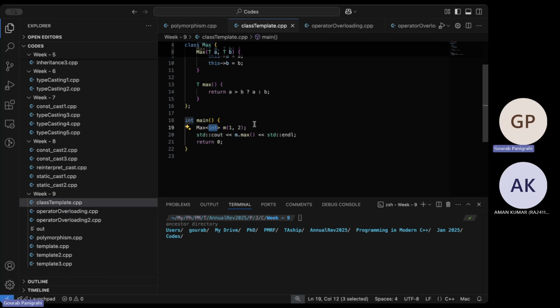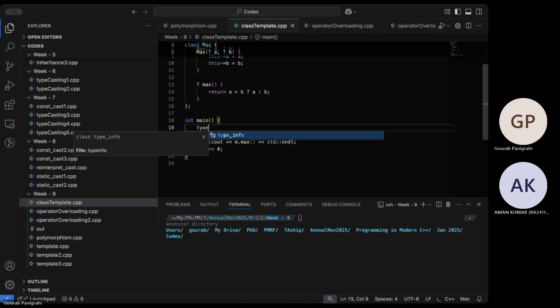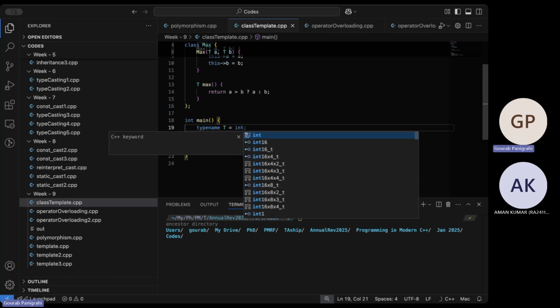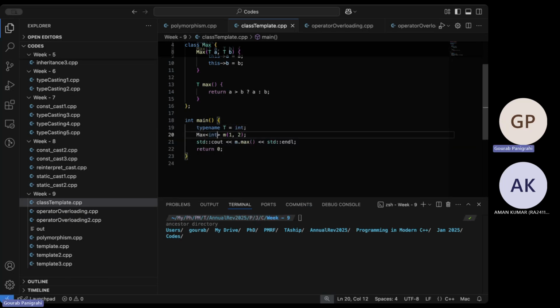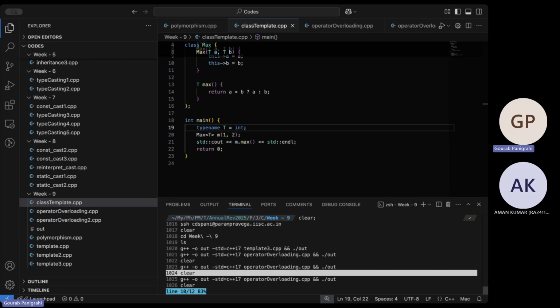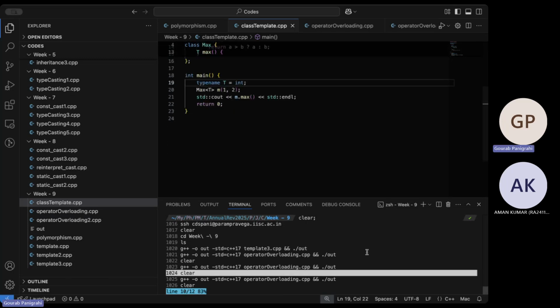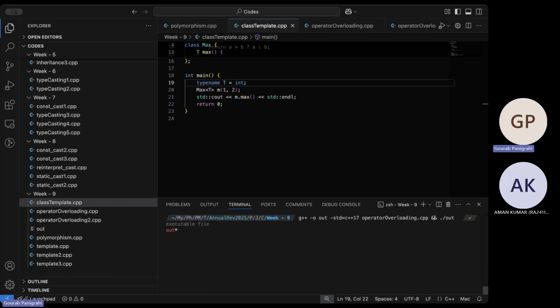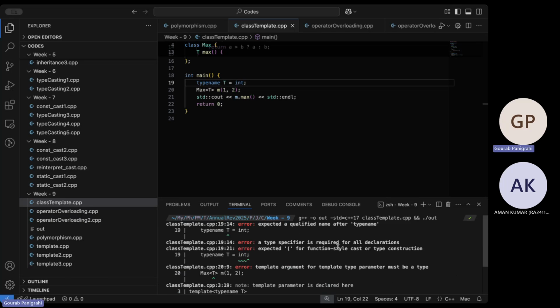As in, I cannot do this: type name T. I think this is allowed, but let's see. I wanted to throw an error here actually. This is the class template. I did not run it. Oh, sorry, my bad. I wanted to throw an error.